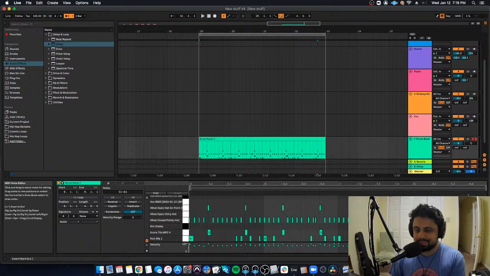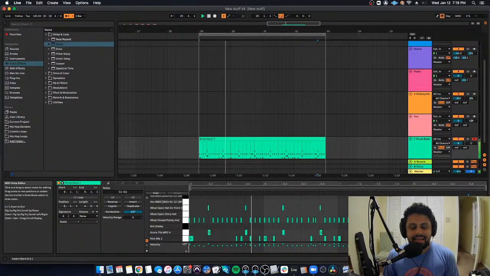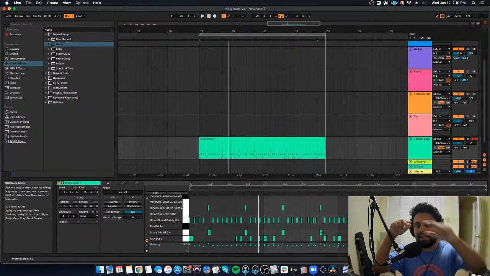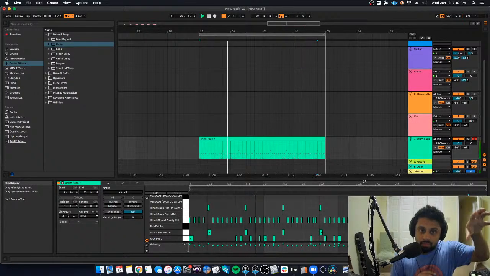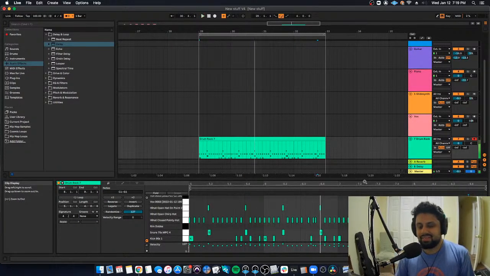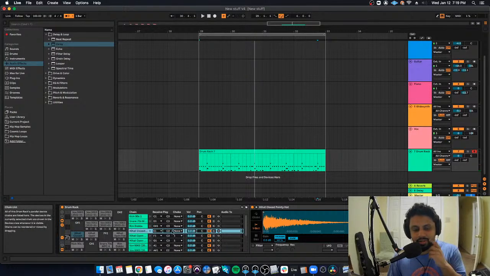So hopefully this makes sense. You see how the open hi-hat is still playing as the closed hi-hat is playing? That doesn't make sense, an open hi-hat and a closed hi-hat playing at the same time. It's a little distracting. What you want to do is make sure they're all assigned to the same choke group, and then